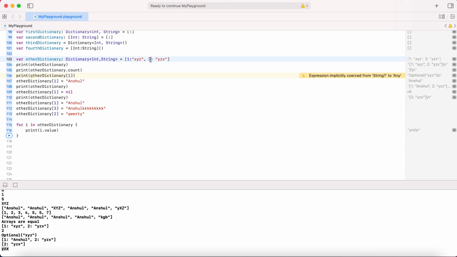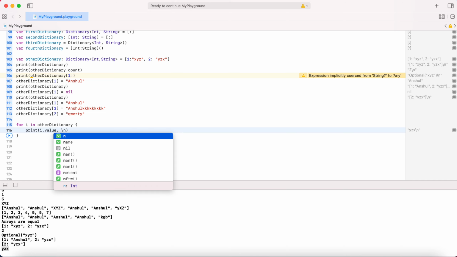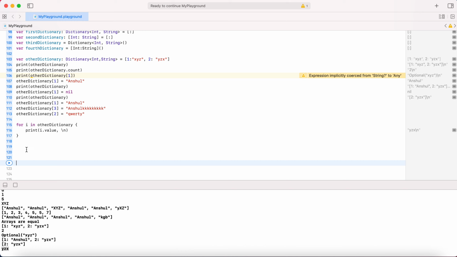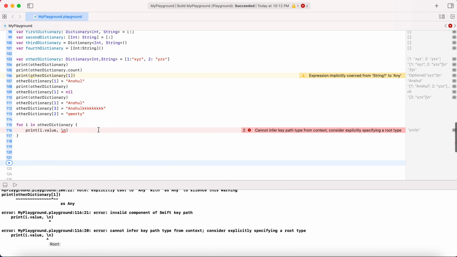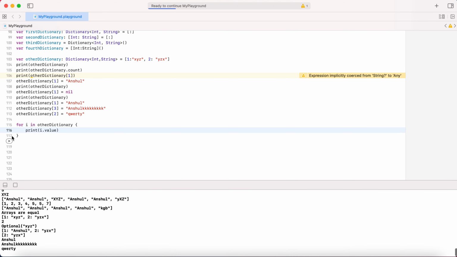This is the key and this is the value, so we are replacing the value yzx with qwerty. Now we are going to print. Yeah, it prints all the elements which are available in our dictionary. So this way you can loop through the dictionary.